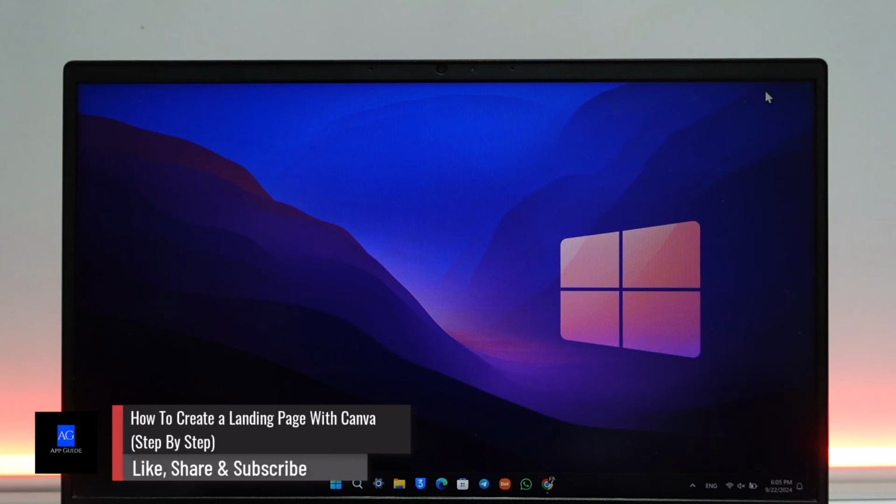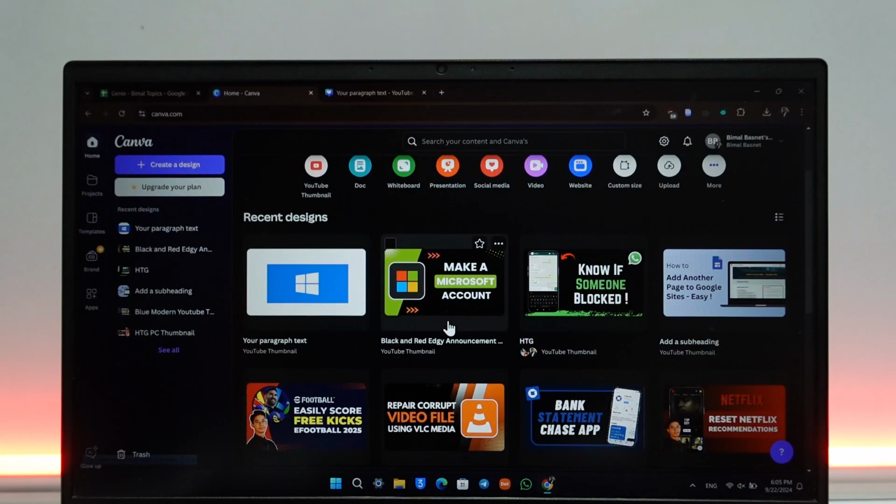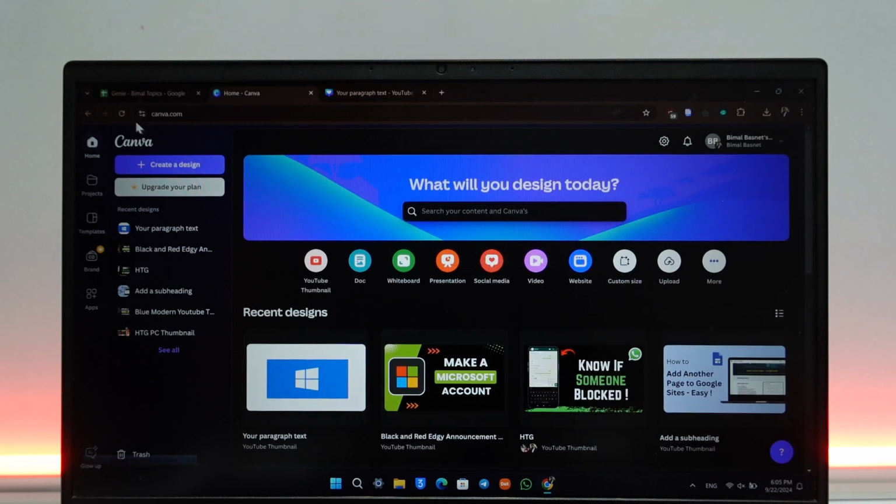How to create a landing page with Canva. Now if you want to create a landing page with Canva, it's actually quite simple to do so. Now if you are trying to create a landing page, maybe for your website, what you can do is